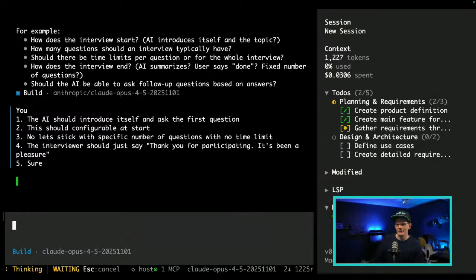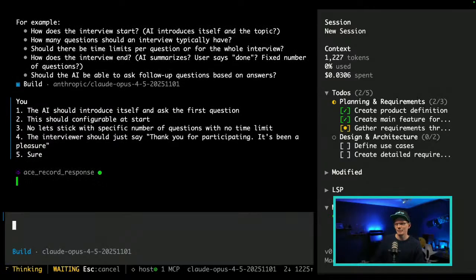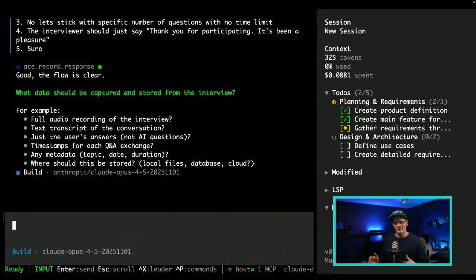That last one is going to be a little bit of an interesting one because in my experience, when you don't put any constraints on how AI is acting, what will happen is that it will just go down a tangent and then sometimes never recover because the original context is just getting completely lost. And I think that there is a real chance that will happen here. If it actually gets to implement this whole flow and there is no constraint on how it can follow up with questions, I think there is a real chance that it will forget that it has a fixed number of questions and that will be overridden by this other directive. But we will see.